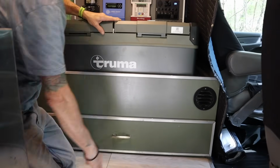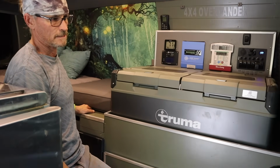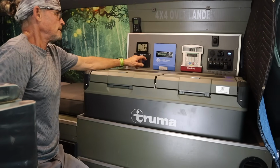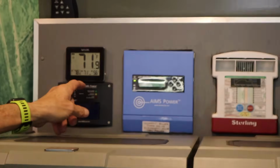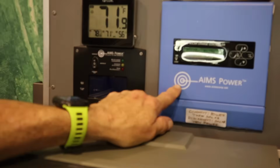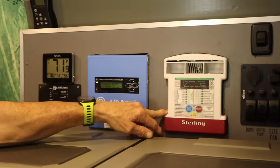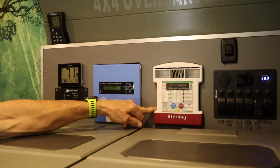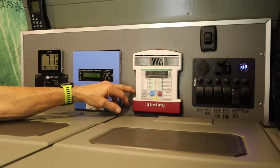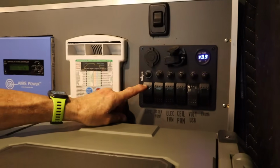You notice there's a vent here. So all of the electronics, even this bay here where all the electronics are, have 3 different fans in there that control and take all the heat out from all the electronics. This is the motherboard, I like to call, from everything. This is for your AIMS inverter, controls your inverter. This is your AIMS power for your solar controller. I got a Sterling, and this is a 60 amp DC to DC charger. So as you're driving the vehicle, it'll charge your coach batteries. I also have an upgraded alternator, which is a 220 amp high output alternator, which will accommodate this 60 amp DC to DC charger. And then I have all my switches, control dome light, water pump,